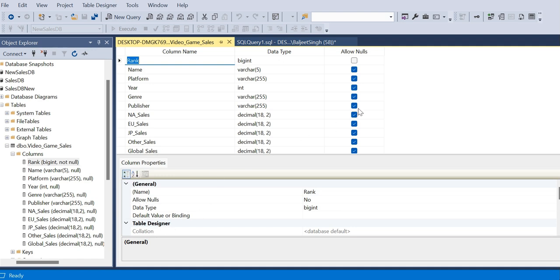If you want to change the rank, you can allow nulls by clicking here. Here we are working with only rank, but we can do it for name, publisher, any column. And you can change the data types from here by typing the column name. You can change integer to decimal, decimal to integer.